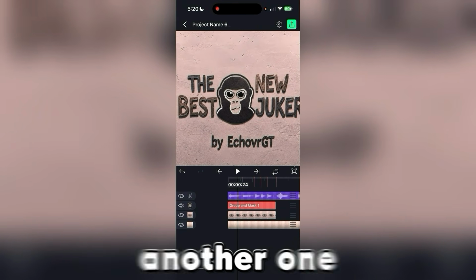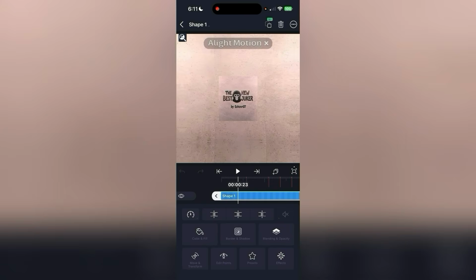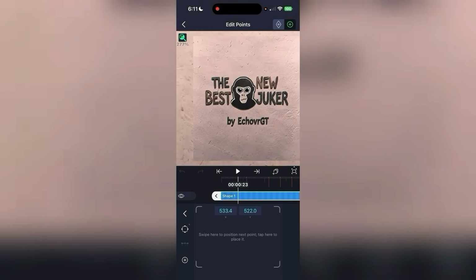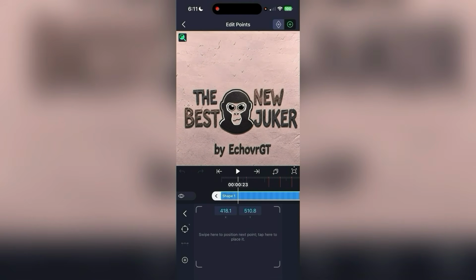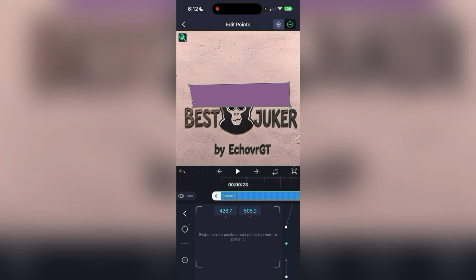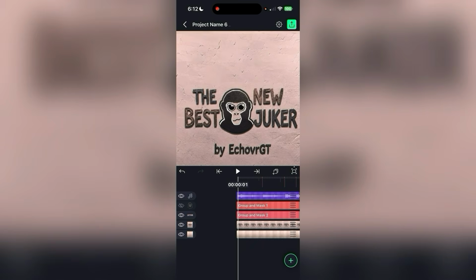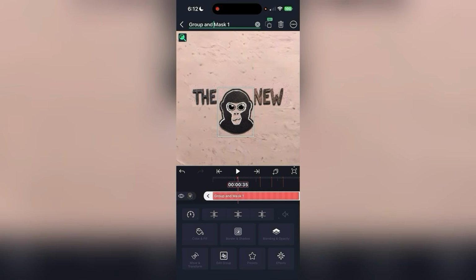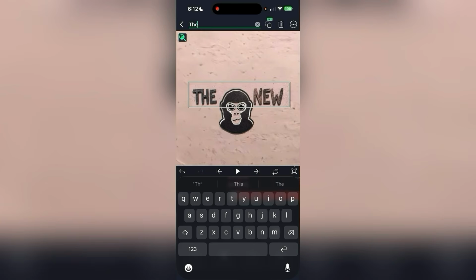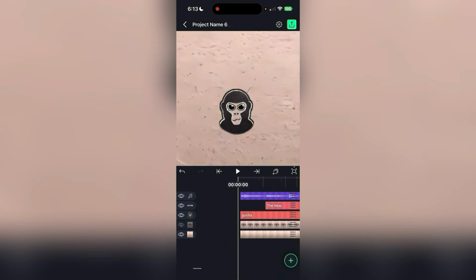Next you want to do is add another one of those vector drawings. You're going to start doing the upper part. You want to get the words the and new in here. And then you want to make a little box over it, just like that. Then you want to duplicate this layer again, make another mask. I'm going to label this gorilla. Then I'm going to cut the new, put it above. See how it's like